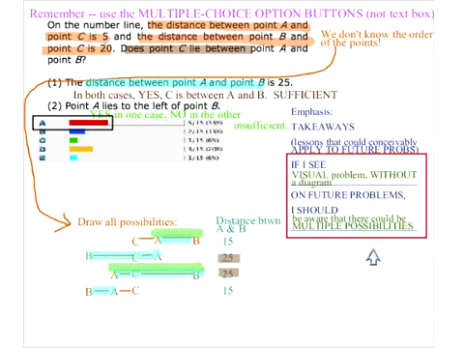Any questions about this problem? Type in the text box. Otherwise, we will move on to another problem. Okay. No questions. All right, let's move on. Remember that you should